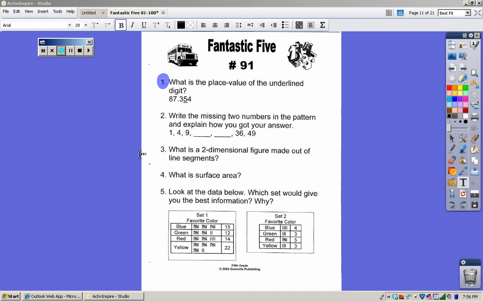Your test 10 review starts with: what place is this 5 in the number? If you look at your place value, you have tenths, hundredths, thousandths. So the 5 is in the hundredths place. That part is super important with the "ths" on the end, so don't forget that when you're doing your quiz